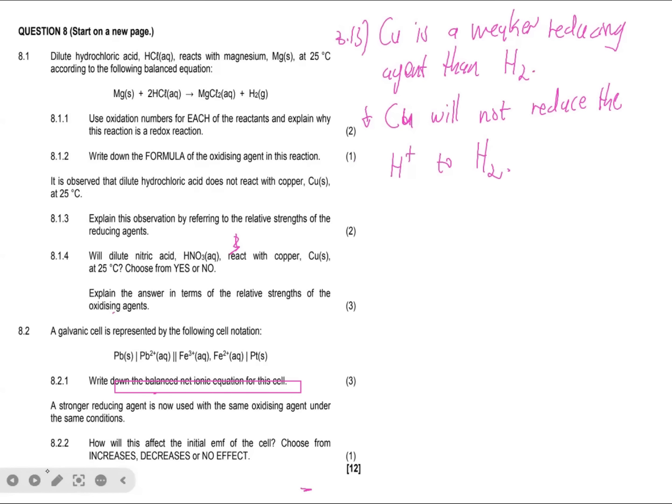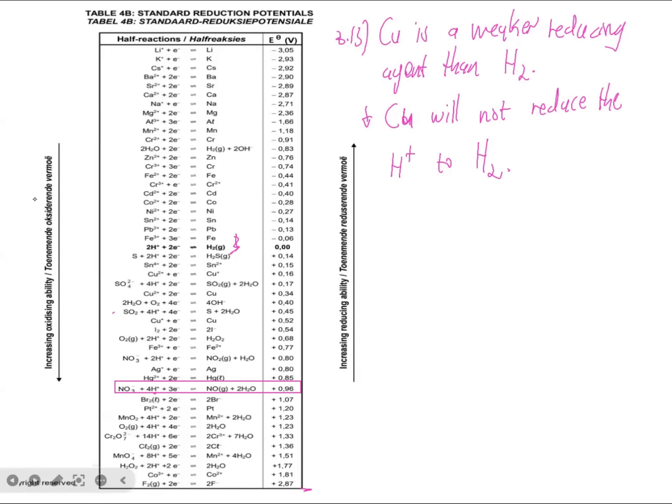Will it react with copper? Remember, the copper that we want is the one at positive 0.34. Now we can see that the strength of the oxidizing agent is increasing as you go down, right? So we want to say, yes, NO3 minus. So our answer will be yes,